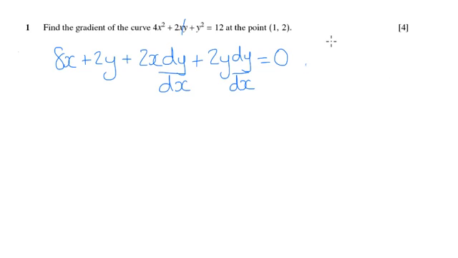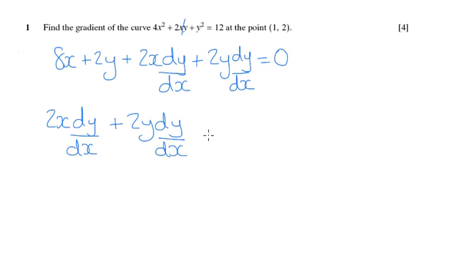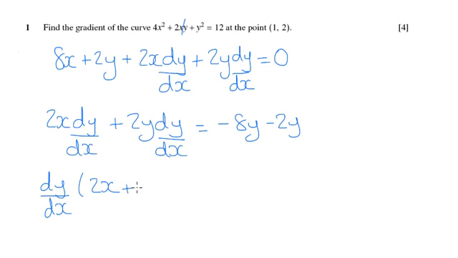So that's what we get just when we differentiate each term, but we've now got to work out the value of the gradient. So we need to have dy by dx equals something. So to do that, I'm going to keep the two terms with the dy by dx on the left hand side, and I'm going to move the other two terms to the right. So that's going to be a minus 8x and a minus 2y. We can then factorise out that dy by dx because it's in both of those two first terms. So that will be dy by dx bracket 2x plus 2y,